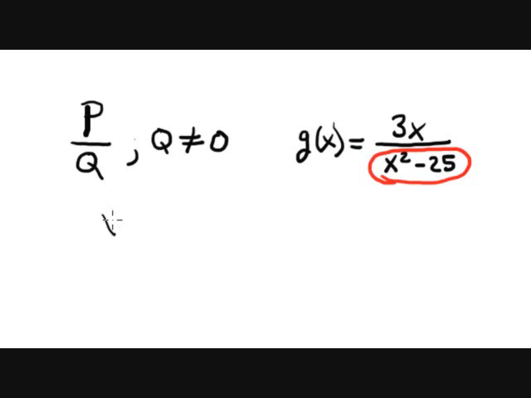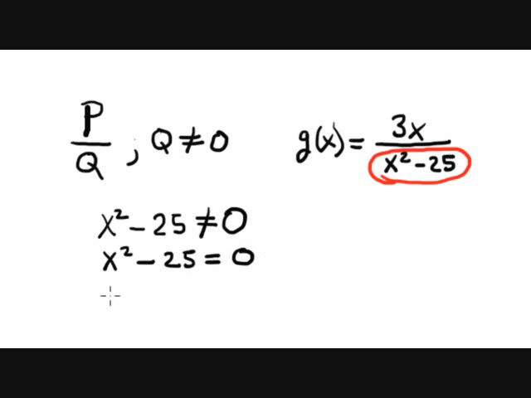You set up then x squared minus 25 must be different to 0, and the negation of this statement is x squared minus 25 equal to 0,